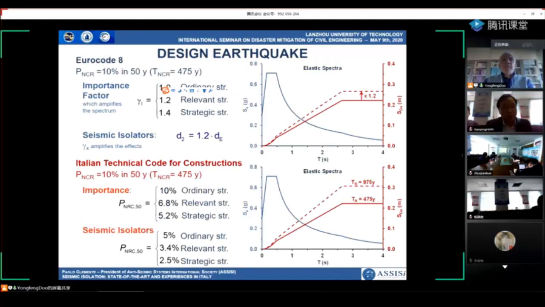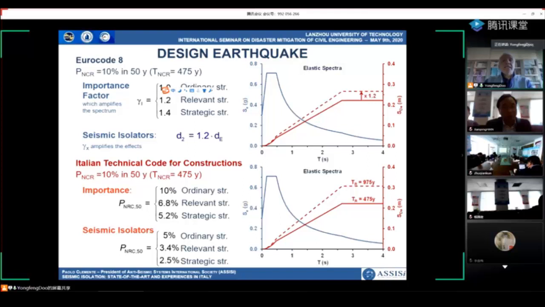It is very important, the definition of the design earthquake, and in this case, European code and Italian code are quite different. In both cases, we use the earthquake that has a probability of exceedance of 10% in 50 years, and in both cases, we use a higher safety level for the isolation devices. But according to the